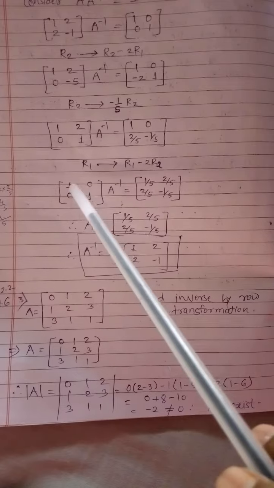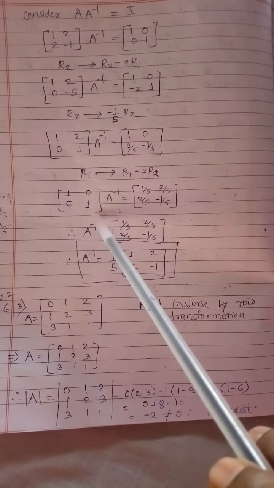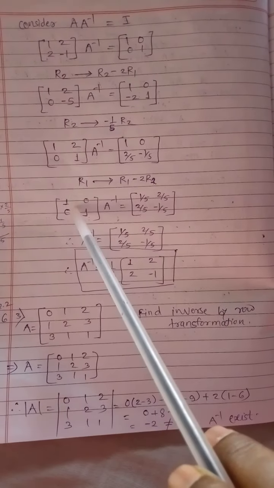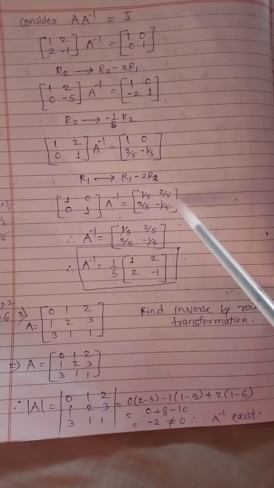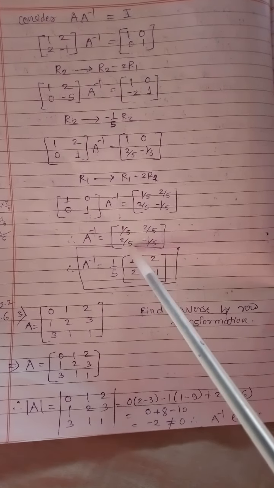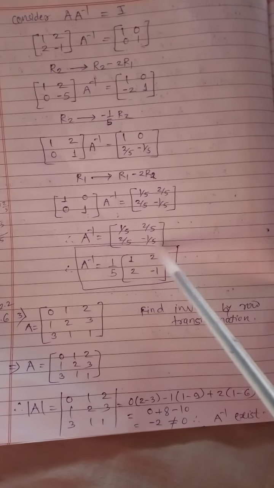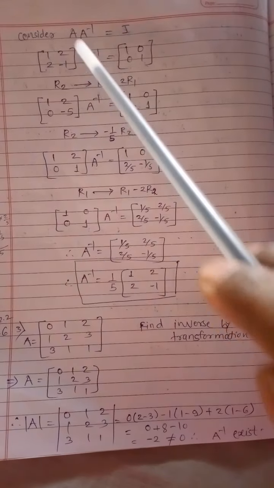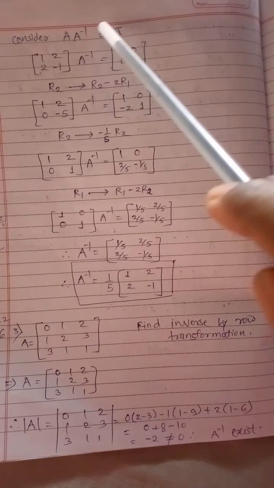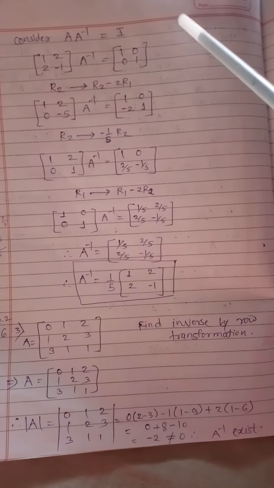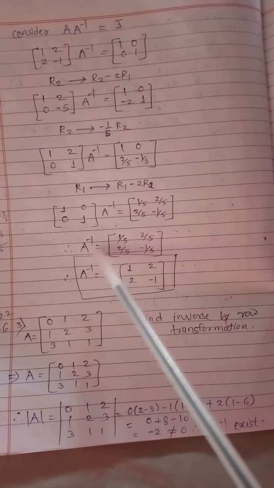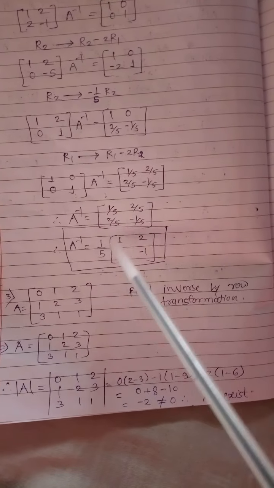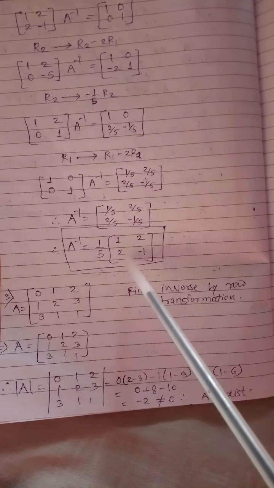And so now here we get 1 0 0 1, which means here we get the identity matrix. So my answer is 1 by 5, 2 by 5, 2 by 5 and minus 1 by 5, because here we get identity matrix. So by the formula, A into A inverse is equal to I is equal to A inverse into A. So A inverse is equal to this. So again we take common 1 upon 5. So we'll get here 1, 2, 2 and minus 1.